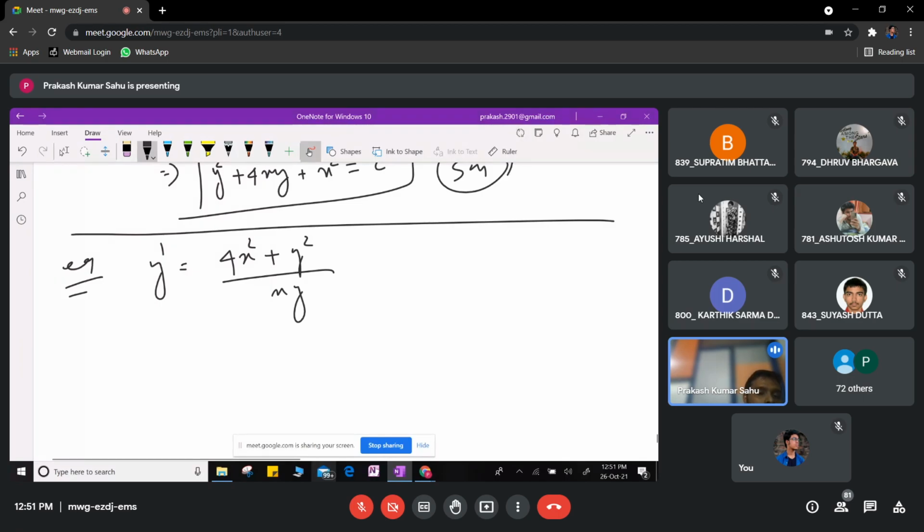So this question can be solved like this. What was your first step? If y dash is equal to f of xy, and this is a homogeneous function with degree 0, then you can write this in the form of g of y by x. So now you can see this function is a homogeneous function with degree 0. Why? Because you see, if you substitute